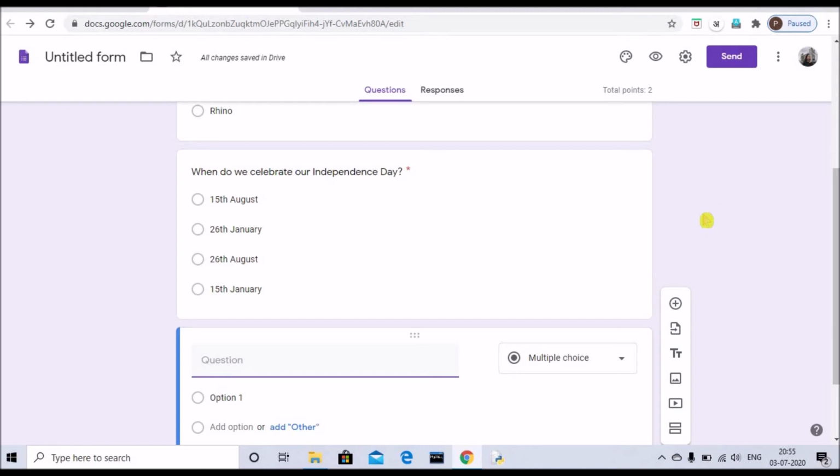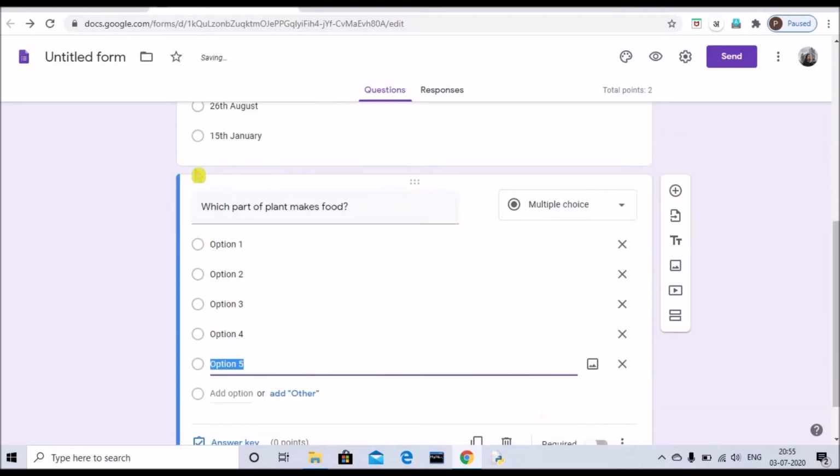Let me show you another new good feature here, when I'm asking which part of a plant makes food. Now as an option, let's say I want to add an image instead of writing the option.